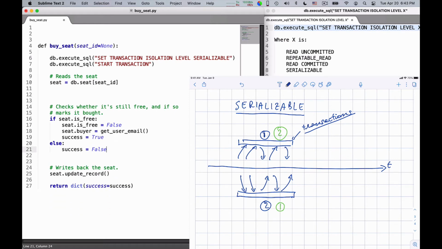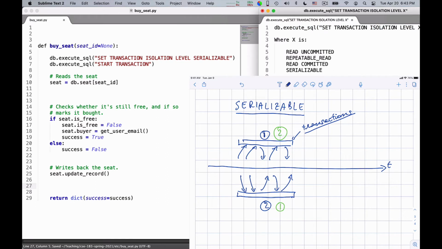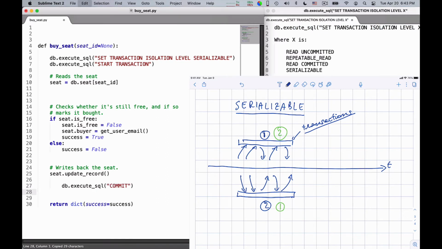Okay, and here, theoretically, people tell you to write a commit. Okay, but what happens is that you don't need to write a commit in this way. You can use our database abstraction layer to write a commit in this way. Except that, as I mentioned, the commit can fail in case there is interaction from another thread. So whenever you use a serializable isolation level, you cannot do simply commit. You have to do try database commit, in which case you can return success. Okay.